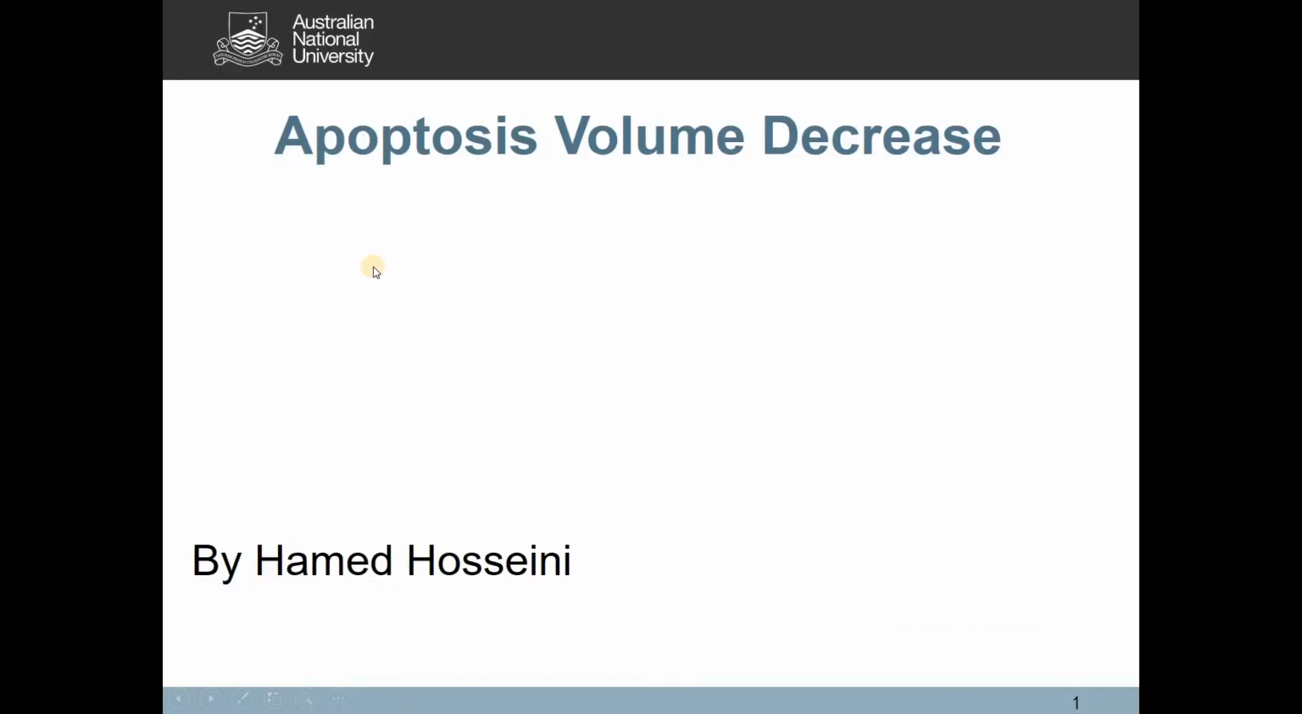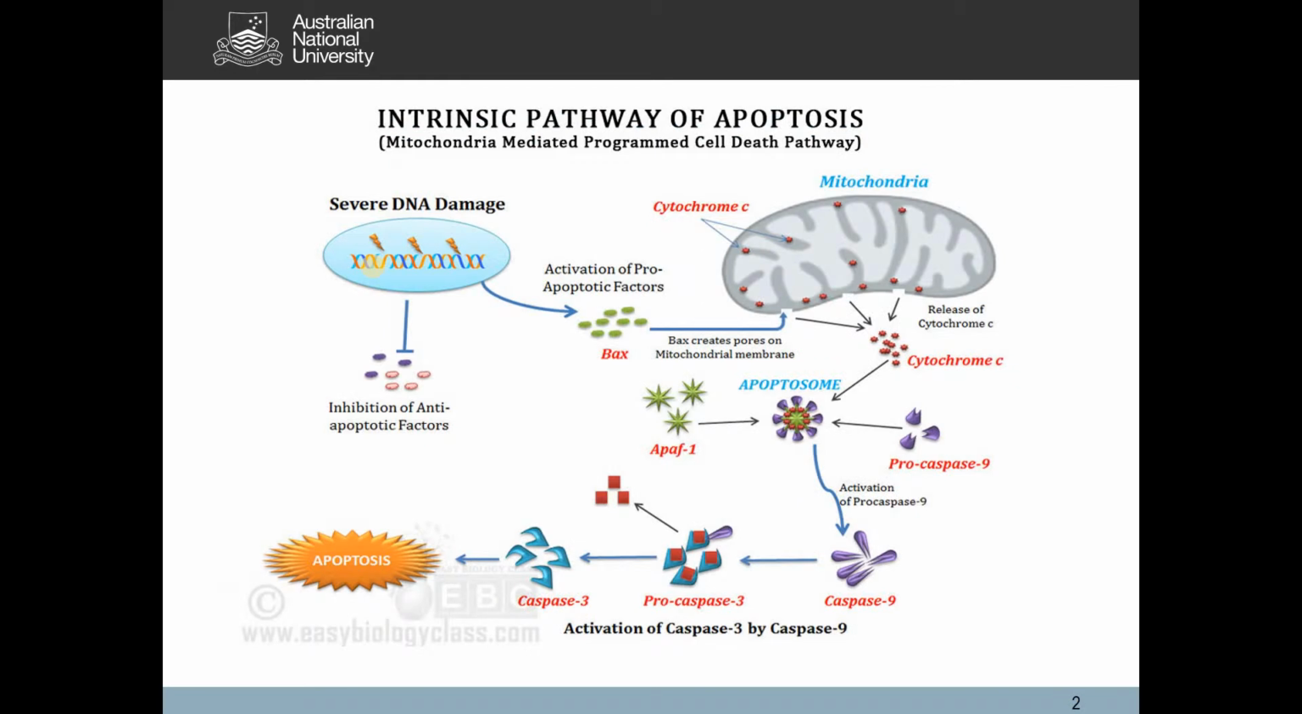Hey guys, today I'm going to show you what is meant by apoptotic volume decrease. To first gain a better understanding of this phenomenon, I'm going to quickly go through the intrinsic and extrinsic pathways. So the intrinsic pathway looks a bit hairy, but just get the gist here